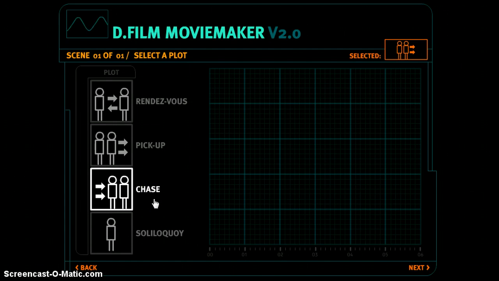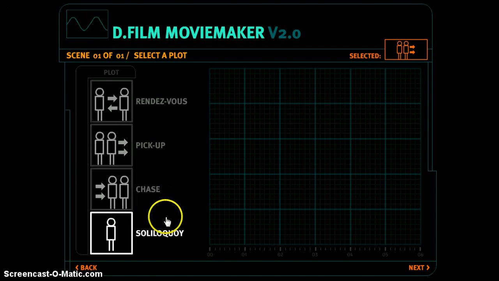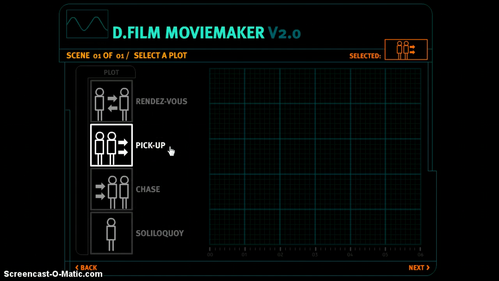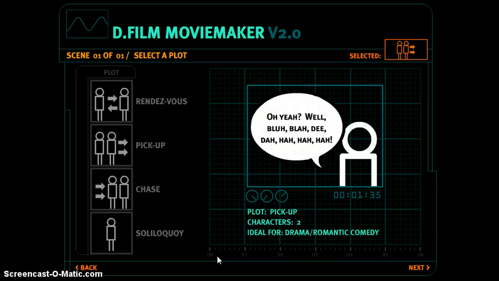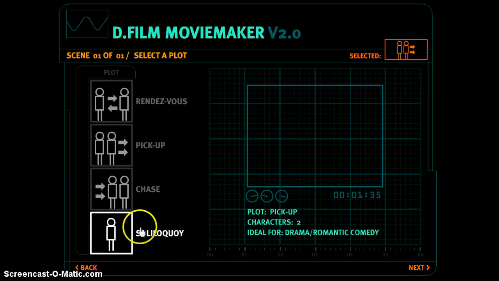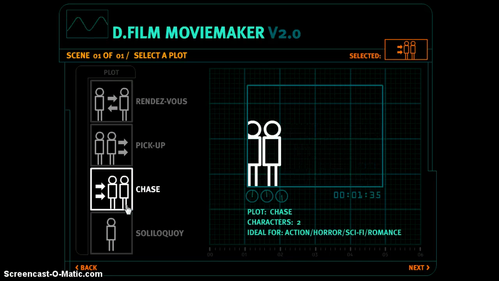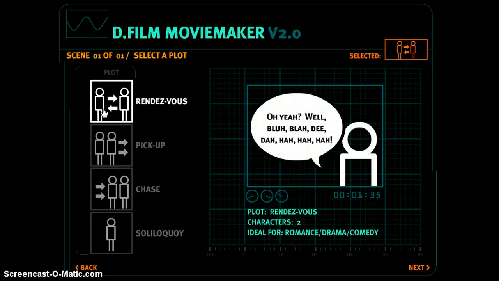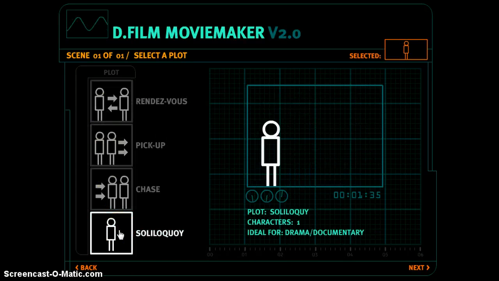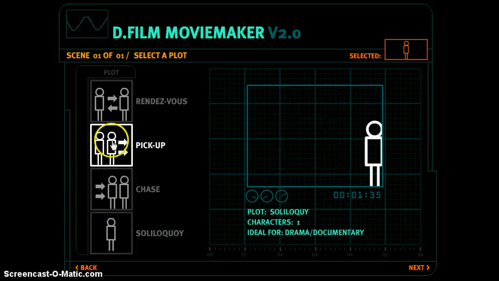The characters are going to run after each other. In the pickup, they are going to walk beside each other. In the soliloquy, only one person is going to be talking. In the rendezvous, it is just a mere meeting. And then I will select here the pickup, and he's going to show me how this is going to be done. If I selected the chase, I'll find that the characters are running after each other. This is the rendezvous where they do meet. And this is the soliloquy, it's only one. For the pickup,